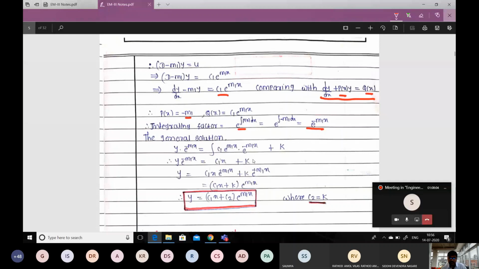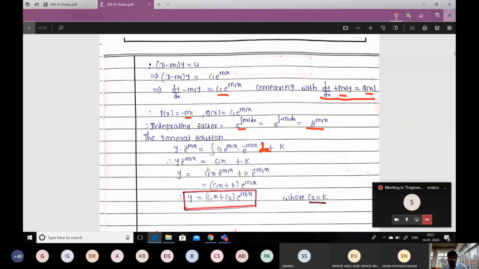And this is another constant, say it is k. So C1 we can take outside. And what is the integration of dx? I forgot here to write dx. Actually dx is there. And what is the integration of C1? It is just a constant. So integration of C1 is what? C1x, and this another constant, say it is k.